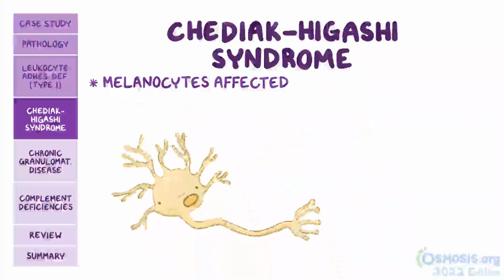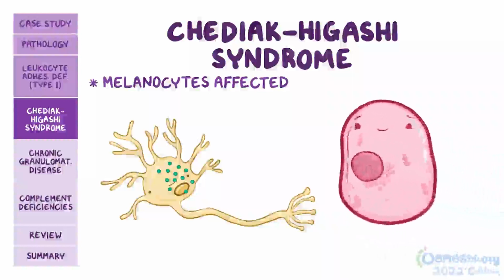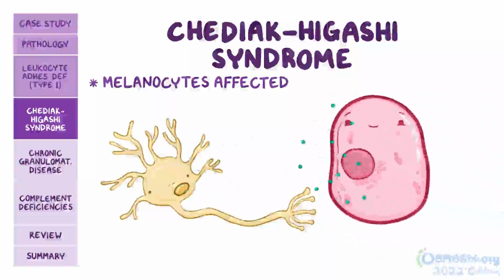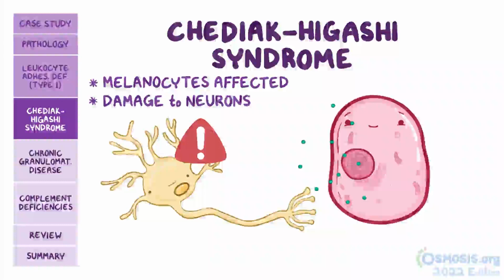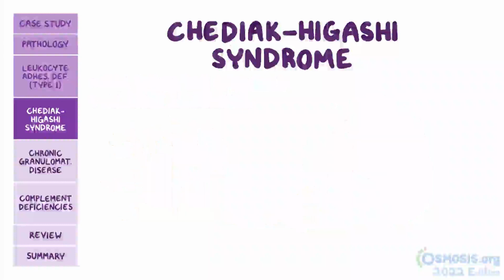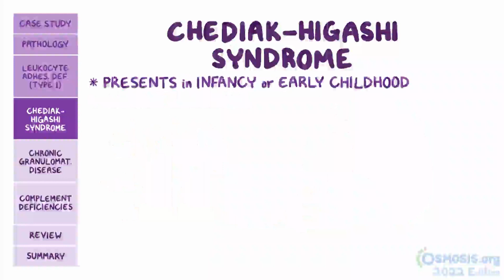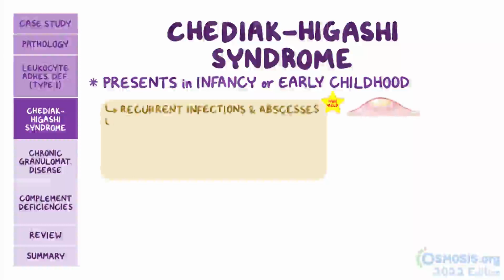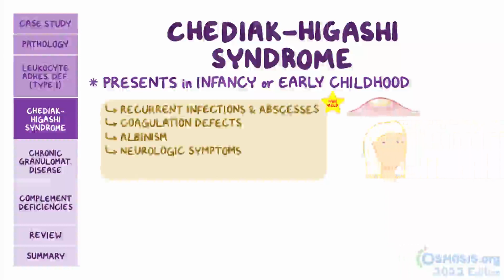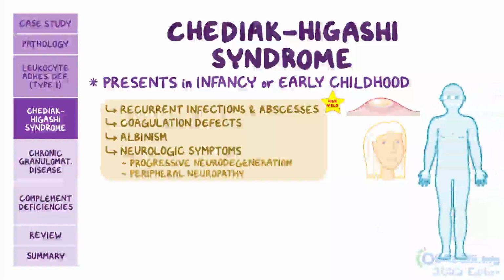Finally, neurons also rely on vesicular transport to release neurotransmitters and communicate with other cells. As a consequence, Shigyaki-Gashi syndrome can cause damage to neurons. Because of all this, Shigyaki-Gashi syndrome usually presents in infancy or early childhood, with a classic combination of recurrent infections and abscesses, mild coagulation defects, albinism, and neurologic symptoms, including progressive neurodegeneration and peripheral neuropathy, with loss of sensation in